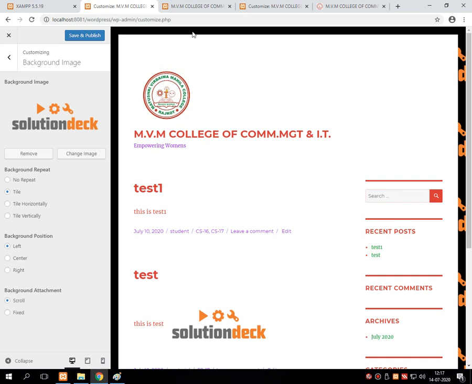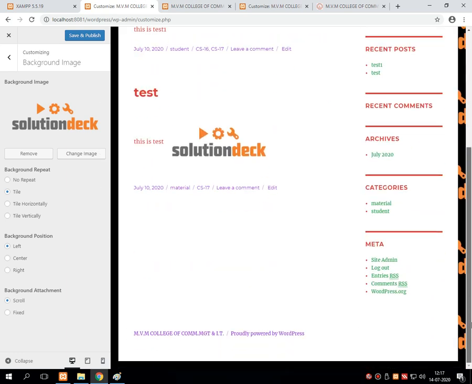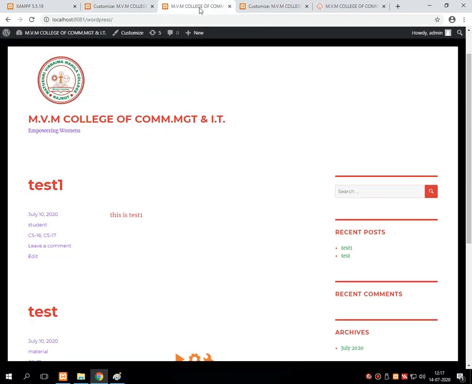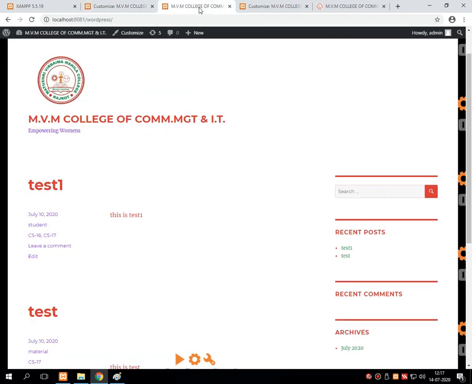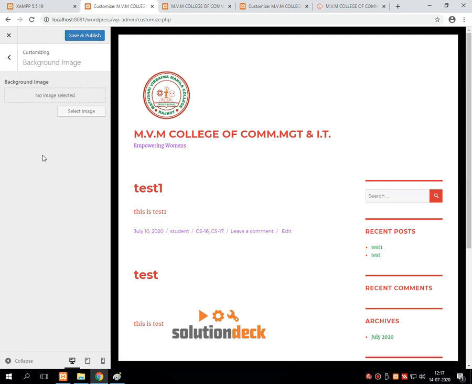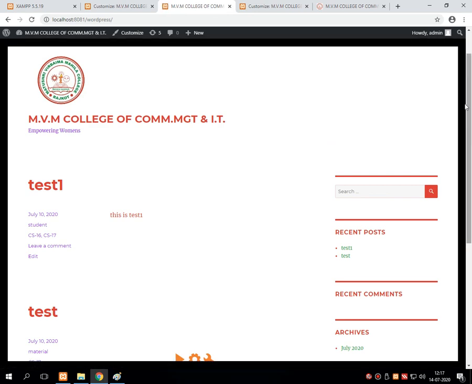It will get set automatically. Generally, this particular setting is used to put a frame as a background instead of the color. Even once you set the background image, you can remove it and press save and publish, and it will remove the background image.